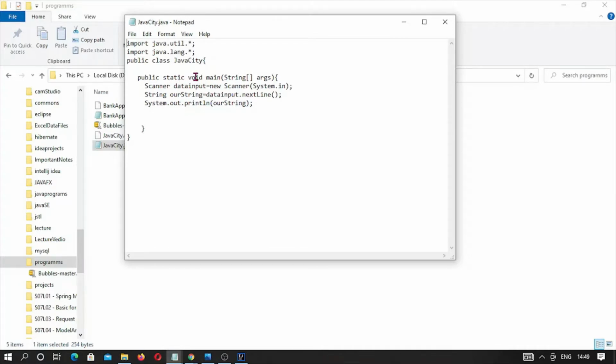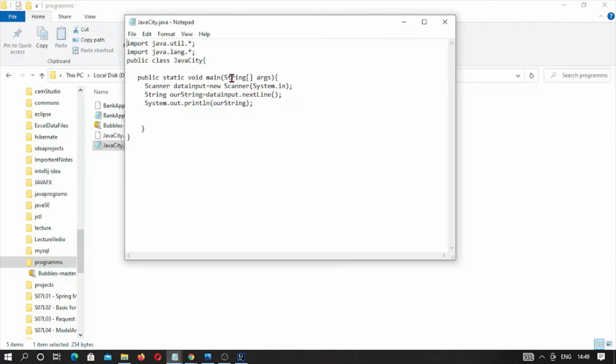Void tells us that this method will not return anything, and main is the identifier keyword reserved for identifying the main method, and this small bracket under which we have to write a given parameter, and this is a standard parameter.